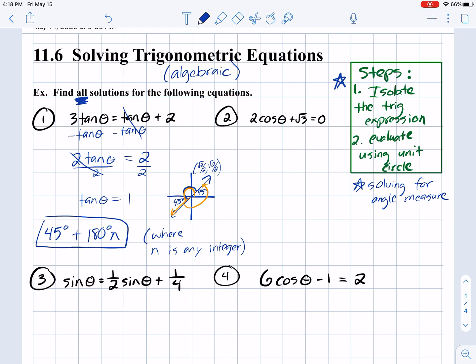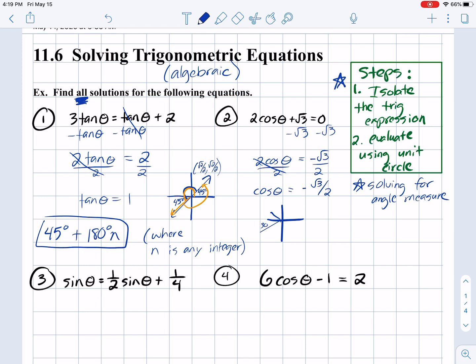Start by isolating the trig expression. I would start by moving that root 3 to the other side. 2 times the cosine of theta equals negative root 3. Divide by 2. And we're asking ourselves, what angle gets us a cosine ratio of negative root 3 over 2? If we make our unit circle here, negative root 3 over 2, we want our x to be longer than our y. My apologies. So if we want our x to be longer than our y, that's going to be a 30-degree